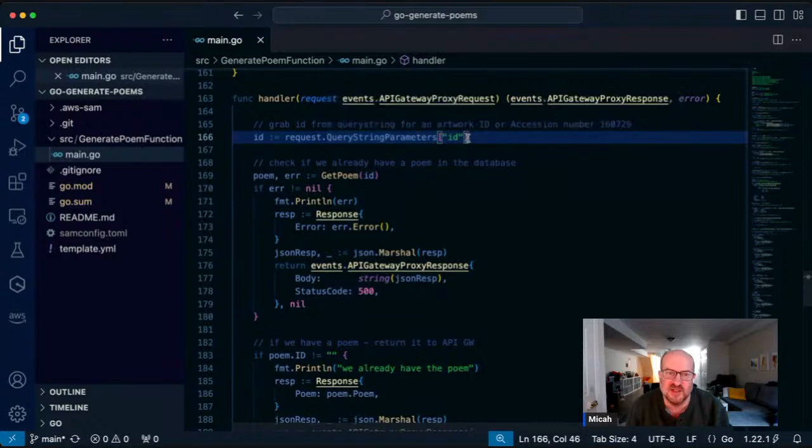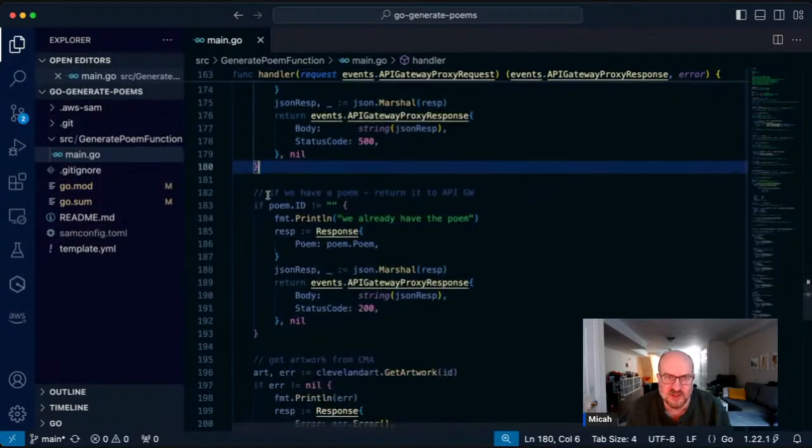It's going to grab that ID, and then what we're going to do is try to check if we already have that in the database, and that's the part we're going to need to work on today, because we can't currently get that. If we pass it an accession number, it's going to be like, "What are you doing?" Because it's expecting an ID. So it's going to send us back a 404, basically.